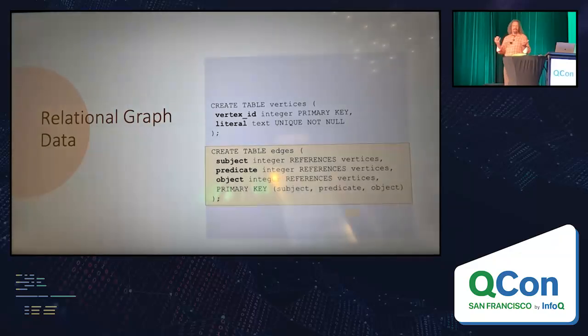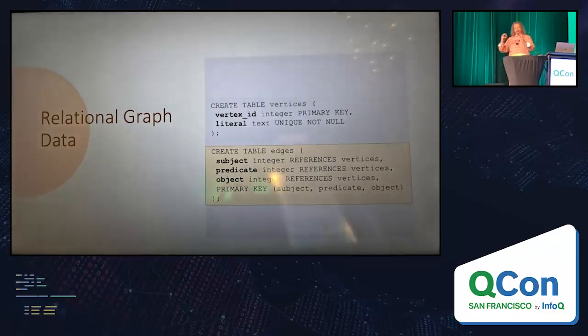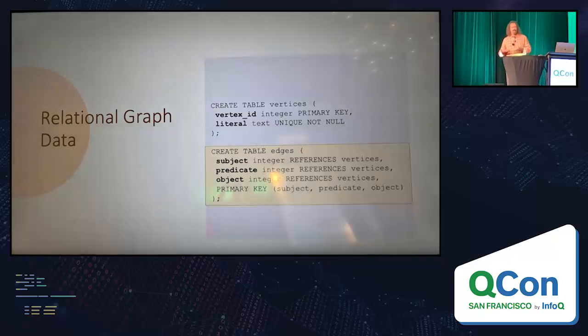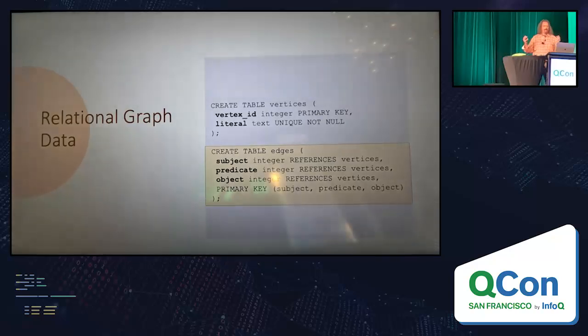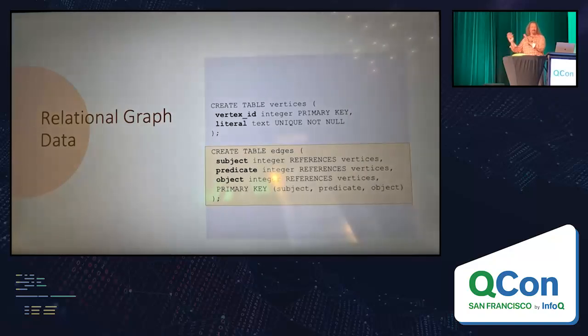Well, an edge is just 3 vertices, right? And this is a compound primary key. So the edge, you specify it by value, and it either exists or it doesn't exist, right? It's very simple. Okay, pause right here. This is like 90% of the content of this talk right here. It just so happens, like a lot of things in software, that the remaining 10% of the talk will take the other 90% of the time.